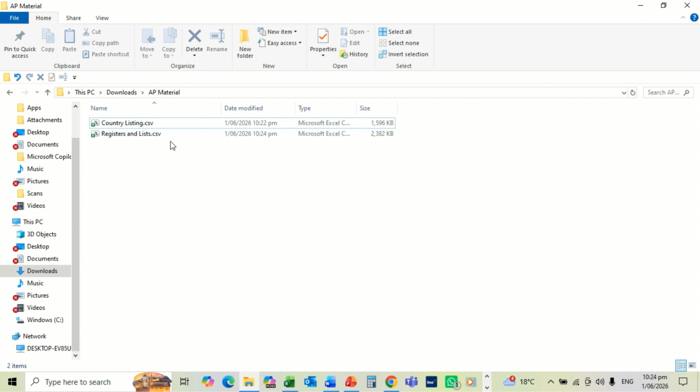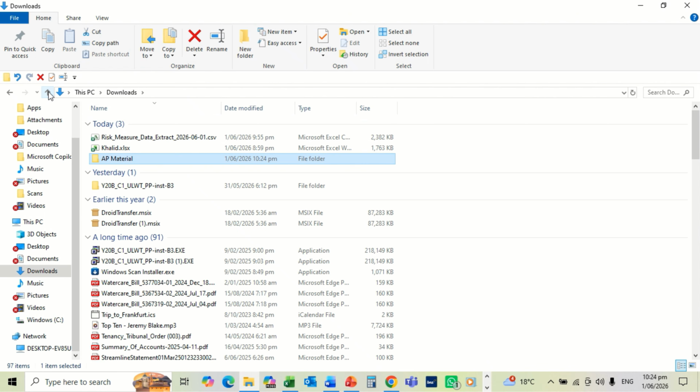To manually update these things, you need to copy the folder path. So we go a step back to the folder where we saved these two documents, and then I click copy path,